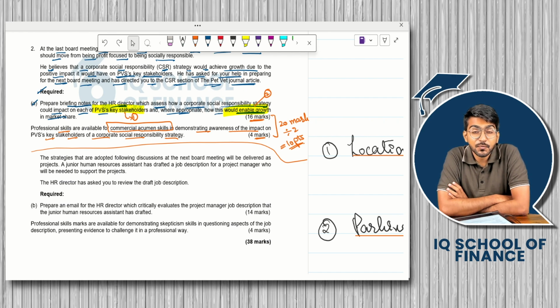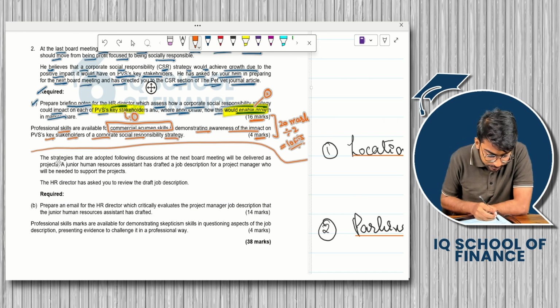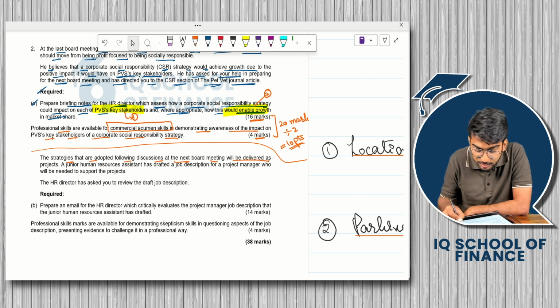In the last lecture, we solved and drafted the answer for question number 2 part A. Now we are going to read, discuss, and ultimately draft the answer for question number 2 part B. So let us read it. It says that the strategies that are adopted following discussions at the next board meeting will be delivered as a